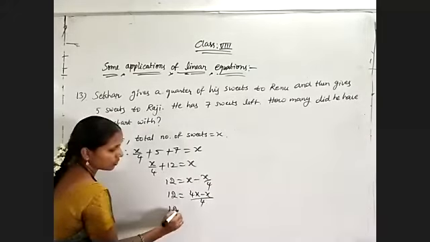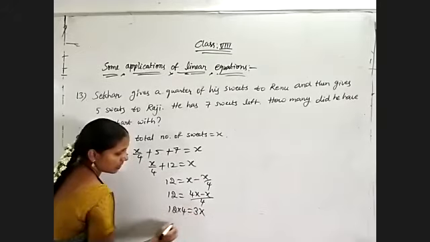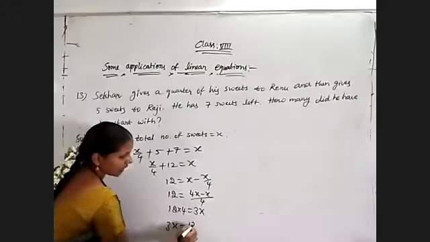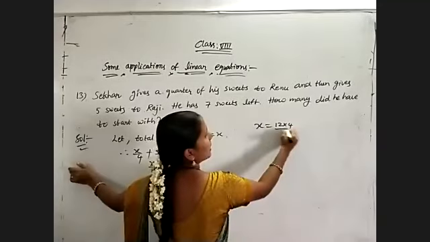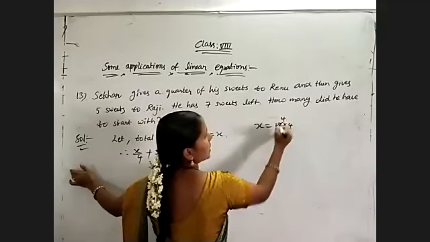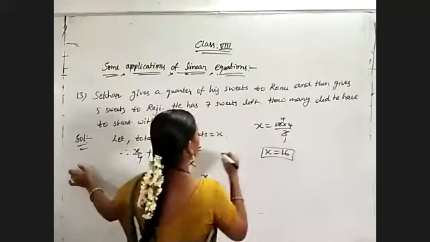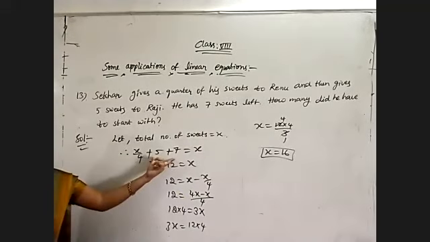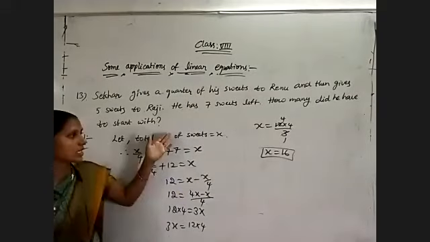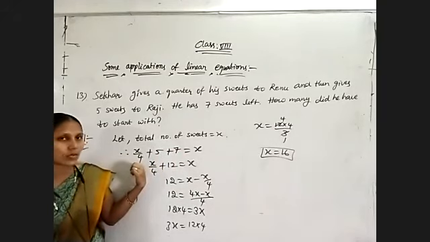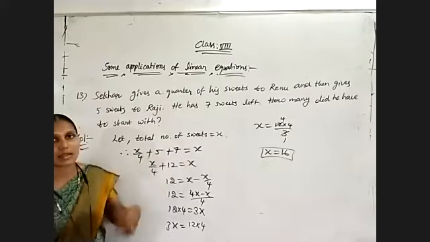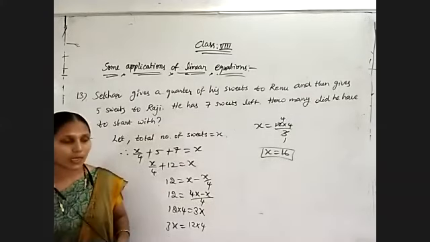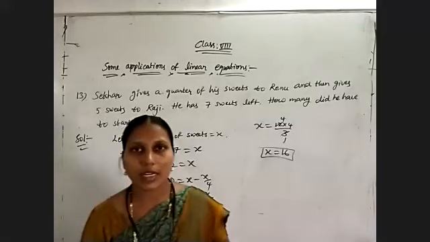12 into 4 is equal to 3x. So 3x is equal to 12 into 4. x will be equal to 12 into 4 by 3. 3 ones are 3, 3 fours are 12. x is equal to 16. So only this step is important to write. That's all. Okay, total 16 sweets are there. In that x by 4, that is 4 sweets given to Renu, 5 sweets given to Raji, still 7. 4 plus 5, 9, 9 plus 7, 16. Okay, that's all. Remaining problems we will continue in the next class.